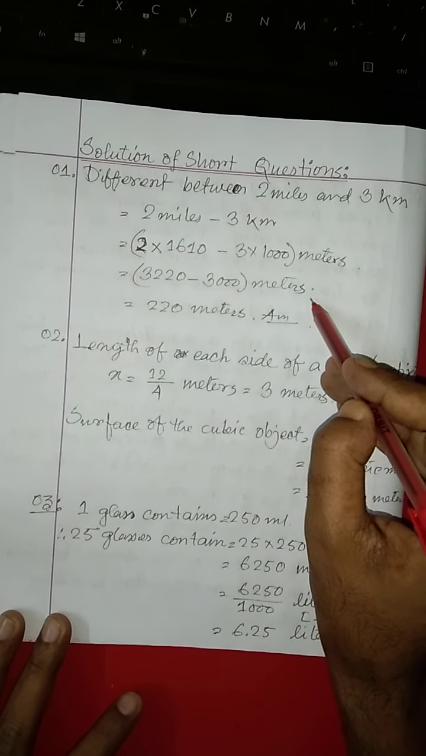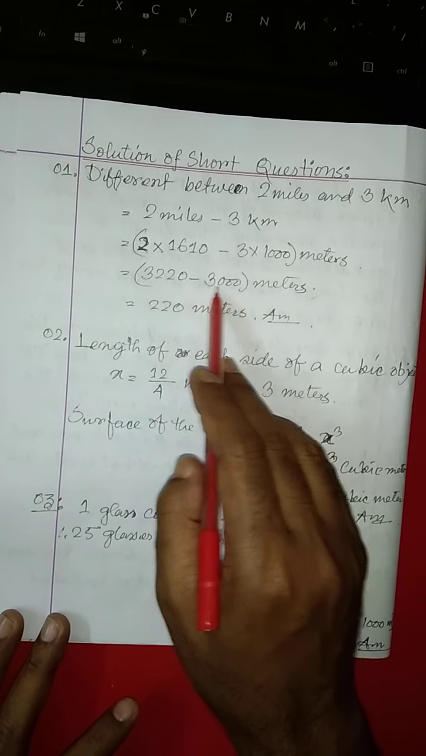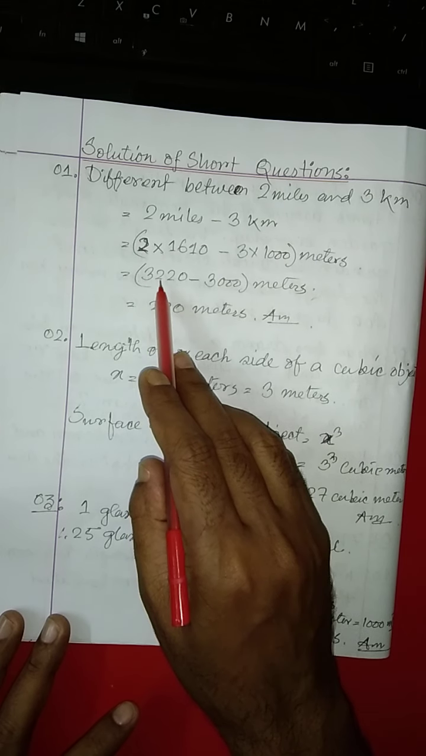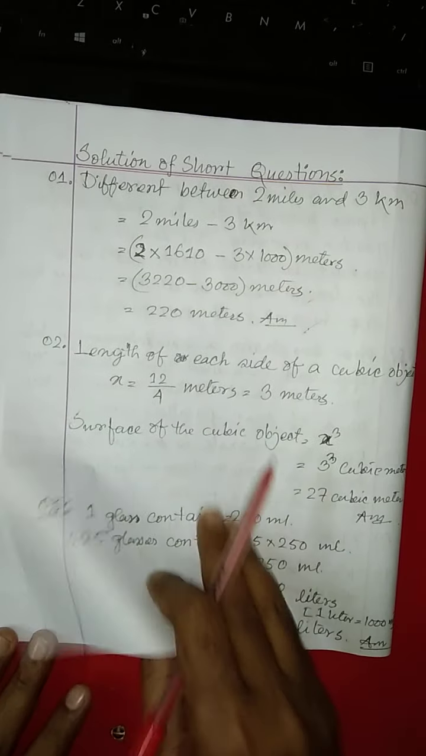So the unit must be meters. So 3000 minus 3220, here we will get 220 meters. And number 2,